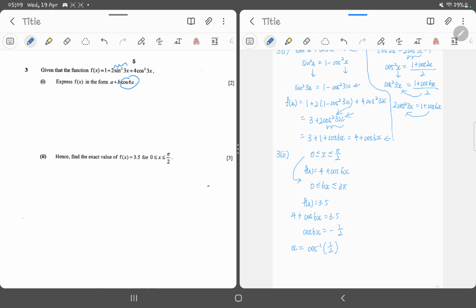Remember, when you take the cosine inverse to find the basic angle, you must take the cosine inverse of the absolute value of minus 1 over 2, which is 1 over 2. One way to remember is that whatever goes in here has to be positive. Because here it is minus 1 over 2, I'm going to write 1 over 2 over here. So this basic angle alpha is actually equal to pi over